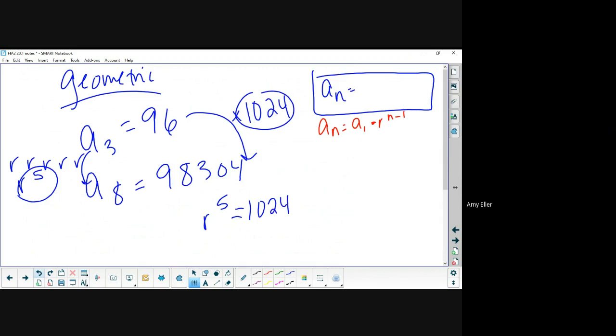Are we with me so far? Okay. See what was multiplied. See how many times you had to multiply r. Now, are we going to do the square root? It doesn't make any sense. We're going to do the fifth root. Your calculator doesn't have a fifth root button, so you kind of have to create it yourself. So to do the fifth root,